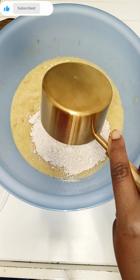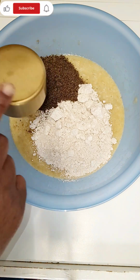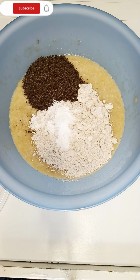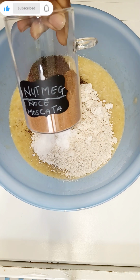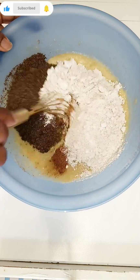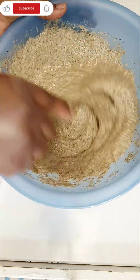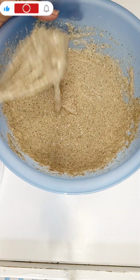This is another secret, which is my oat powder or oat flour. This is the main secret, which is my chia seed. I blended this up. Now I'll be adding baking powder. I'll be adding baking soda as well. Then I will go ahead to add some salt, and then I will add nutmeg, and thereafter I will whisk everything together. So these are all the ingredients you will be needing in this healthy pancake. So guys, if you don't have any of these ingredients, you can still go ahead to make